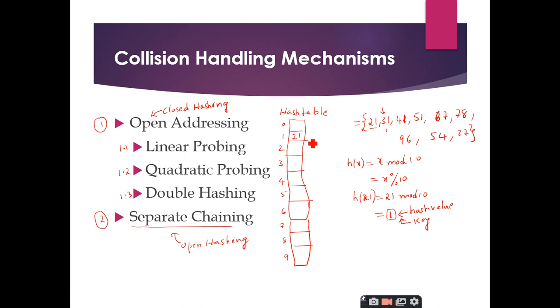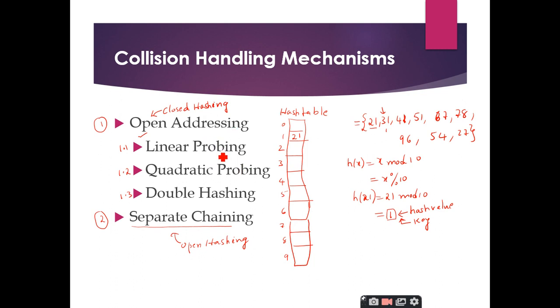According to the definition of collision, when more than one value evaluates to the same hash key, that results in a collision. So 31 has a key of 1 but it is already occupied, hence the collision has occurred. Because of collisions you should not deny the allocation of values inside the hash table. You should use a collision handling mechanism and store these values inside this hash table. So let us take the first case, linear probing.